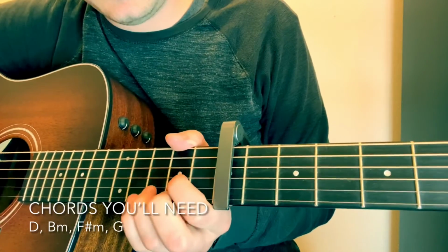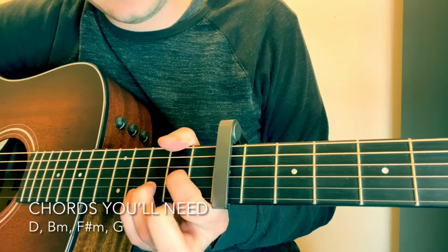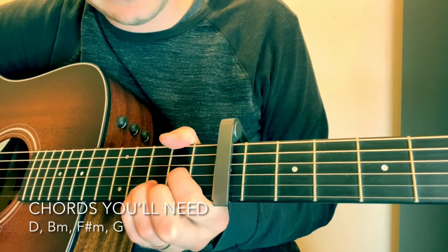So the first chord you're going to play is D, and then you're going to drop your middle finger off of the 2nd fret of the E string. Just